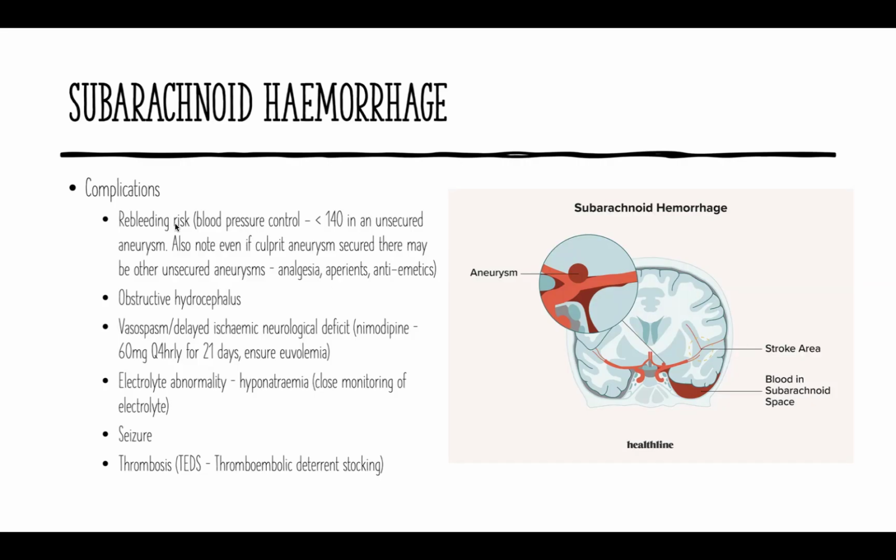And a treatment for that is putting a drain in. Vasospasm: because there's blood around the subarachnoid space, it can irritate these vessels and cause spasm, and can cause stroke. We try to prevent this by starting them on nimodipine. Electrolyte abnormalities, so we monitor their electrolytes regularly, seizures that we monitor for, and they're at a higher risk for